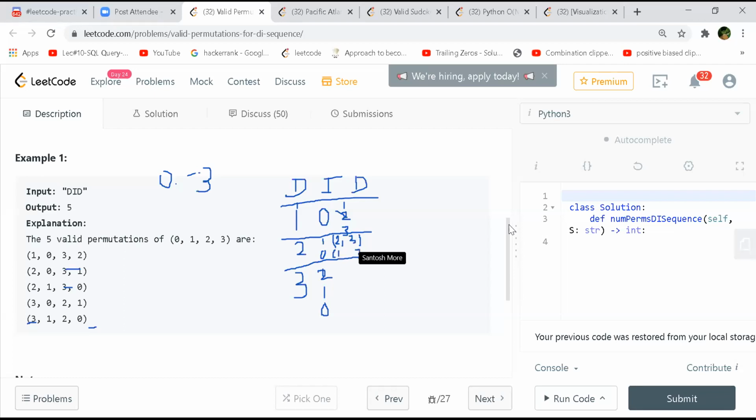And if you go from 3 to 2, if we have to have increasing from 2 to 3, it will be only 3, which is not possible because you will repeat the number. That's why they have not taken the sequence as 3, 2, I think. So this will be out of question, you cannot move ahead. But if you have 1, you can take 2.